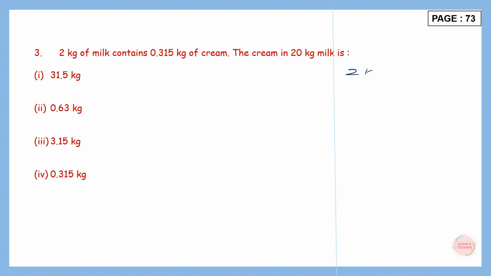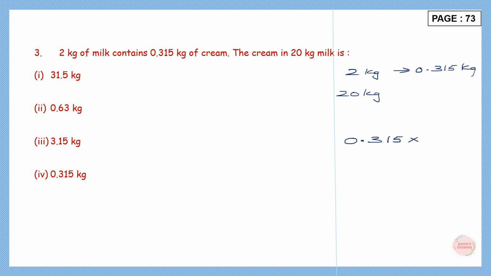In 2 kg, we have 0.315 kilogram. Now here they are asking us about 20 kg. Now children, this is 2 kg, this is 20. That means we have multiplied this by 10 and that's how we got 20. 2 into 10. Similarly, we can multiply this also by 10. So let's multiply